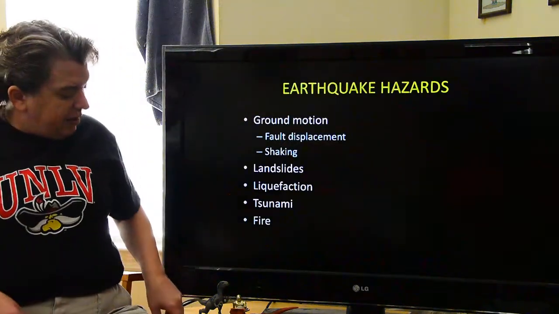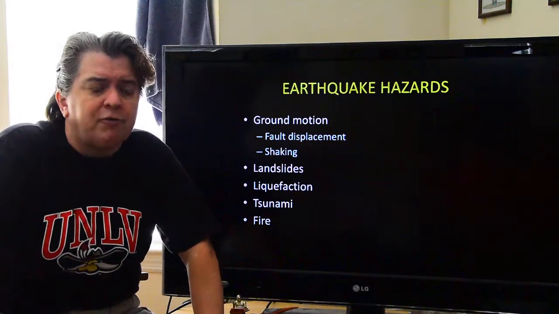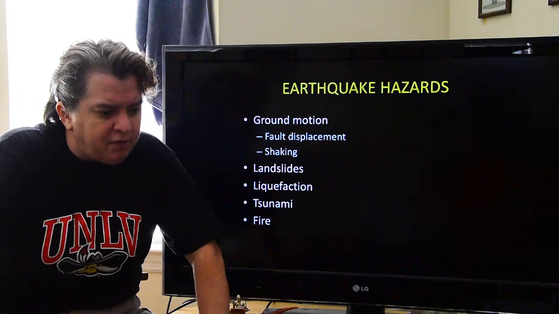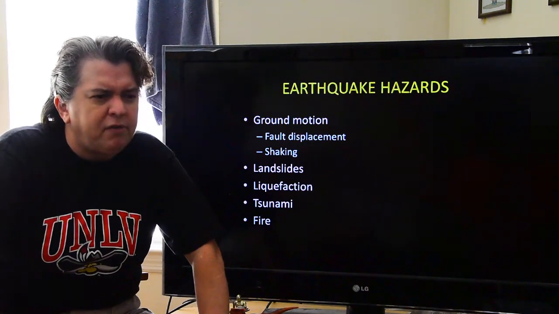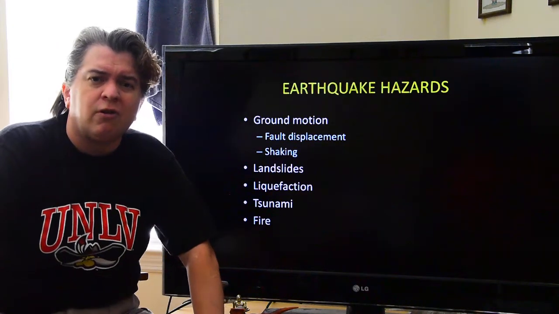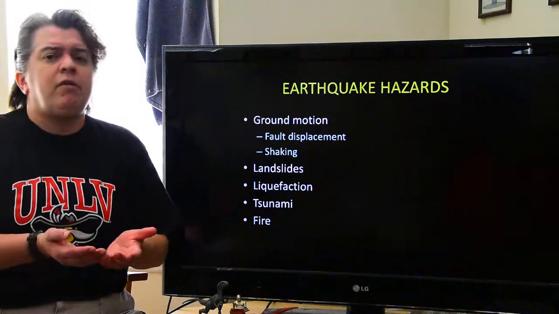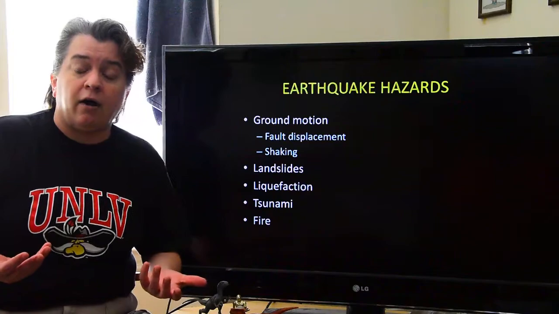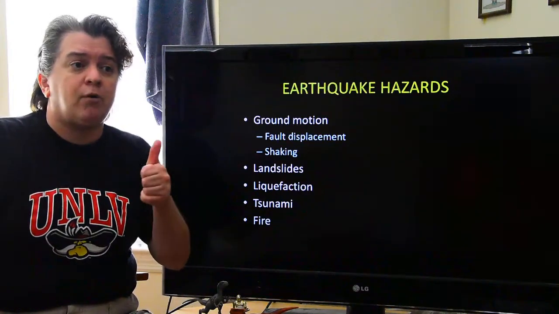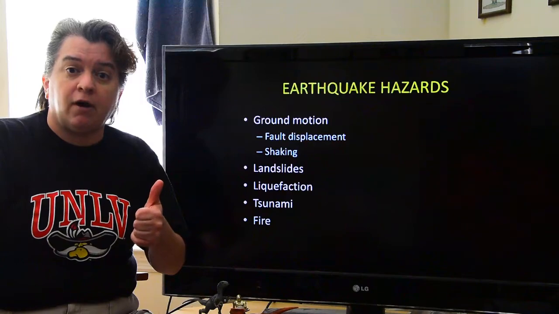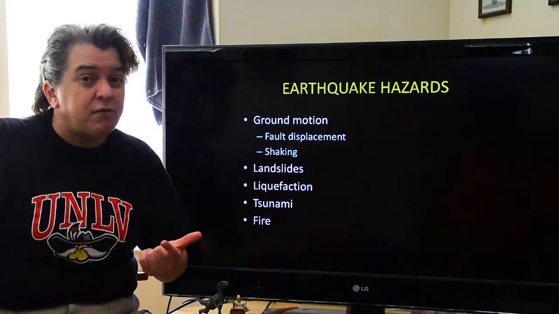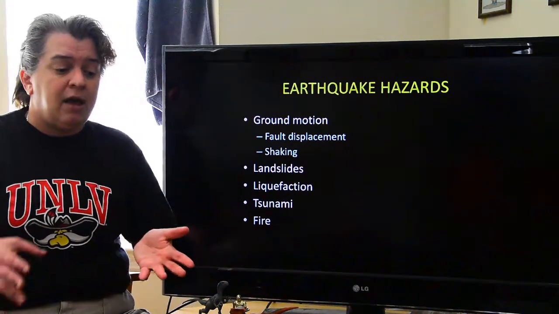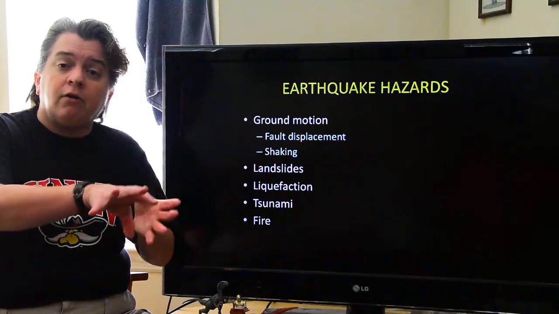All right, last but not least, oftentimes after earthquakes, you have a lot of fires. In fact, in the 1906 earthquake in San Francisco, more of the city ended up getting destroyed by fire than in the initial earthquake. And part of this is because we have gas lines leading to our house. Think of your own house. You probably have a water heater that runs off natural gas. You might have a stove that runs off it. You probably have a furnace that runs off natural gas. And these pipes that carry this gas are underground.